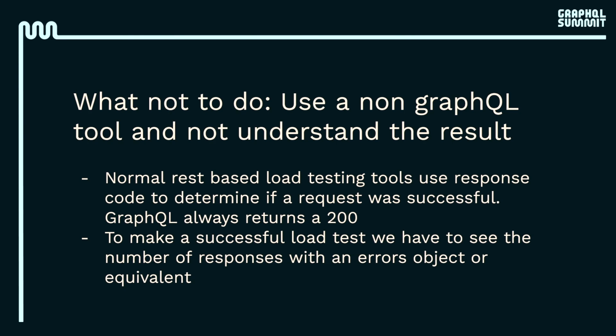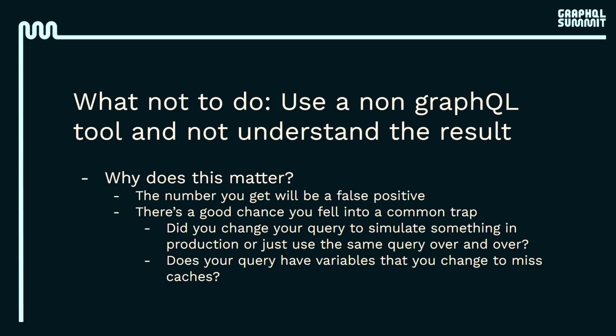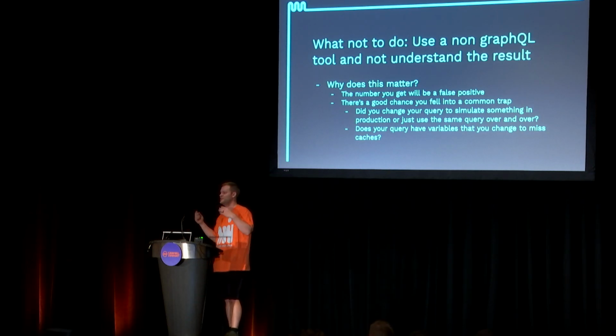The thing that we would have to do to change these load testing tools is actually take and look at that response. Do you have an errors object in that response? And why do you care about this? If you go to a bigger enterprise and you say, hey, my service can handle this amount of stuff under pressure. If something is going to happen, we need to have this many pods. That number is going to be off. It's going to be off in some way, shape, or form.